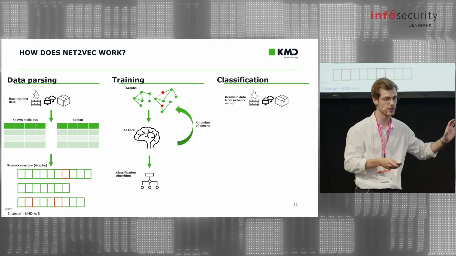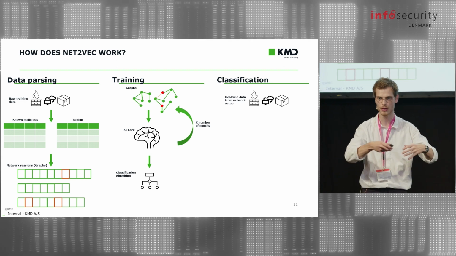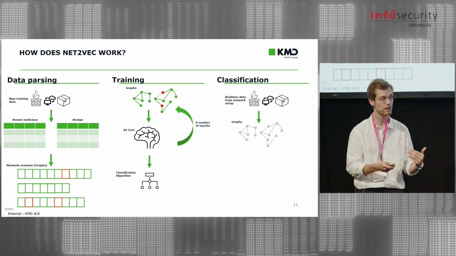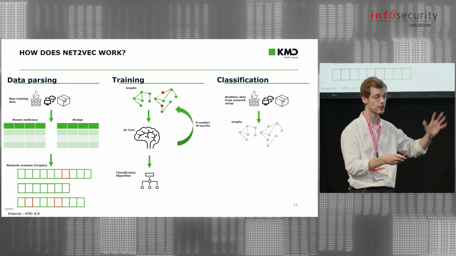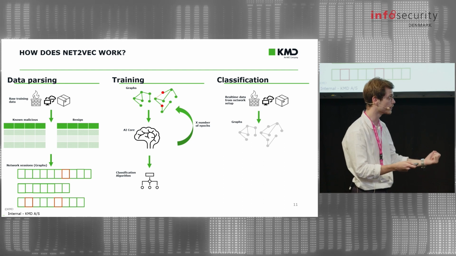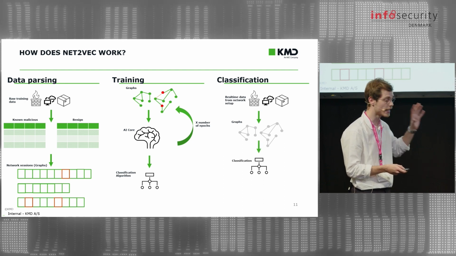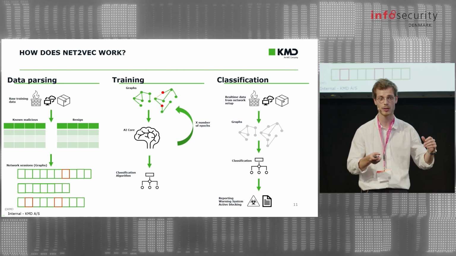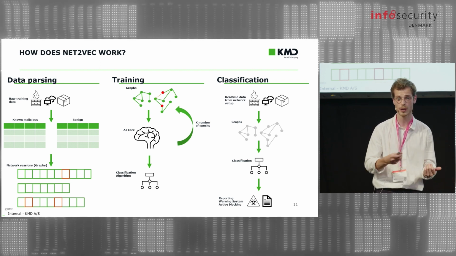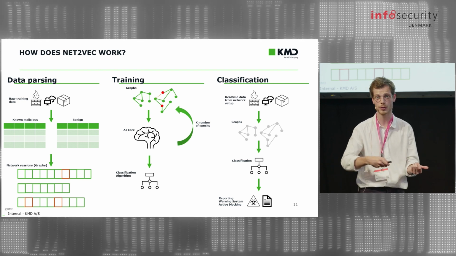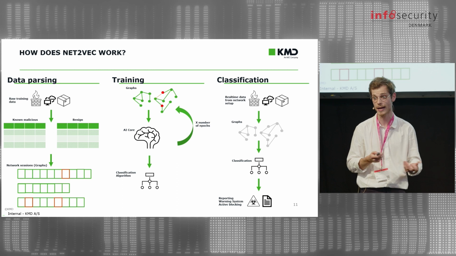And the aim, of course, in the end, at a client, is to install this in the network infrastructure, gather real-time data, and convert it into this graph format as well, so it can be accessed by netværk, and then classify it. And in the end, this classification can be used in many ways. It can be used in security reporting, a warning system, or it could be directly integrated into a firewall, where it could serve as a block list and act on it.